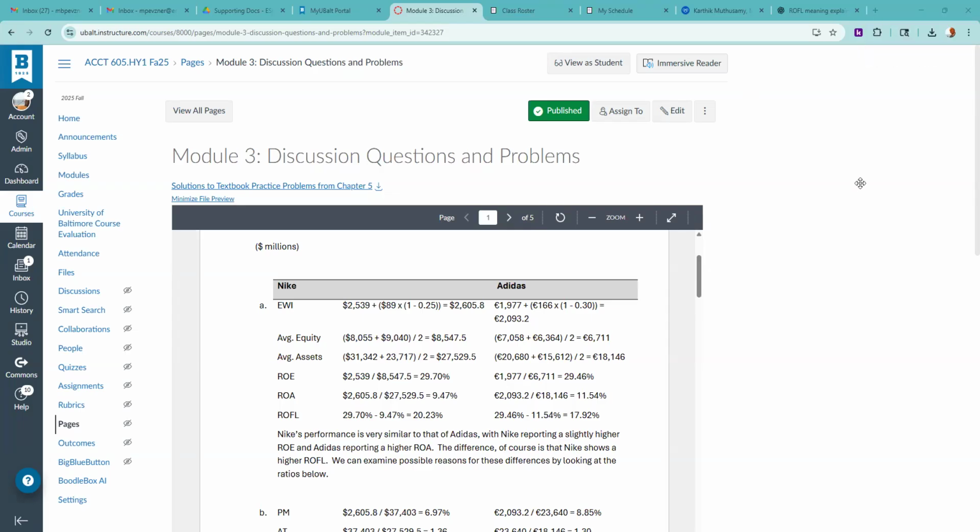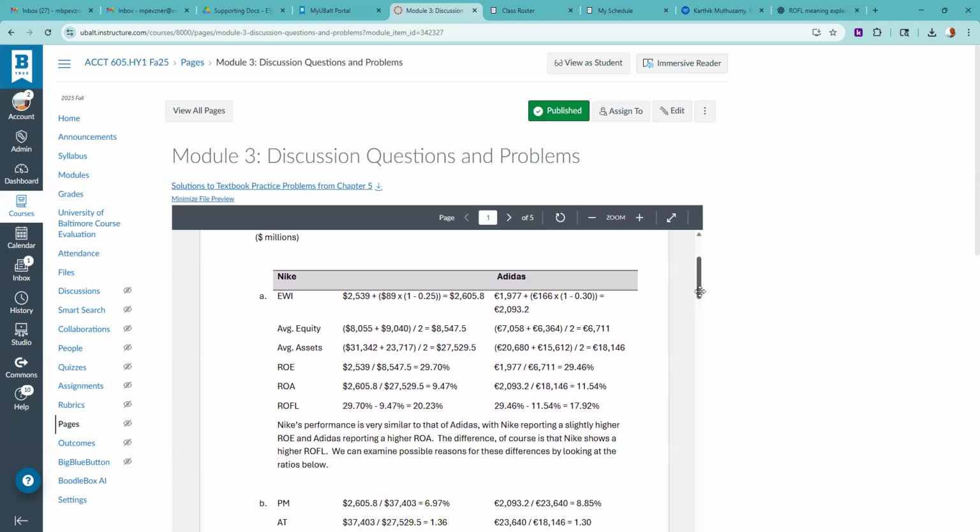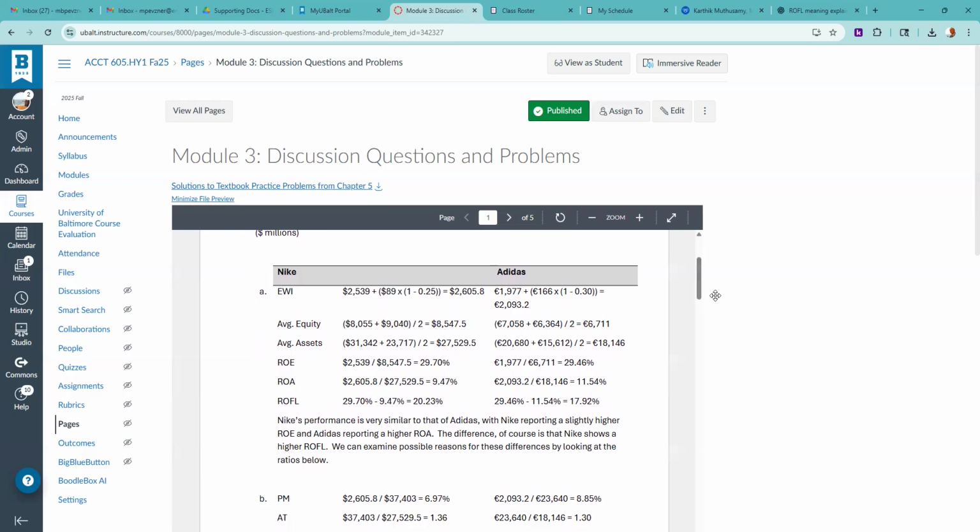Hi, everybody. In this session, I'd like to talk about problems from chapter 5 on financial statement analysis. The problems posted as examples, problems 5-35, 5-36 and 5-37, are pretty self-explanatory, so it's not going to be a long commentary, but I just want to go through the solutions which are posted on the web and quickly comment on them. So the first question, we are asked to compute return on equity, return on assets, return on